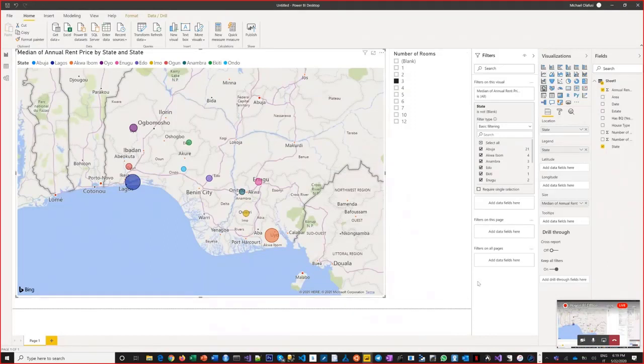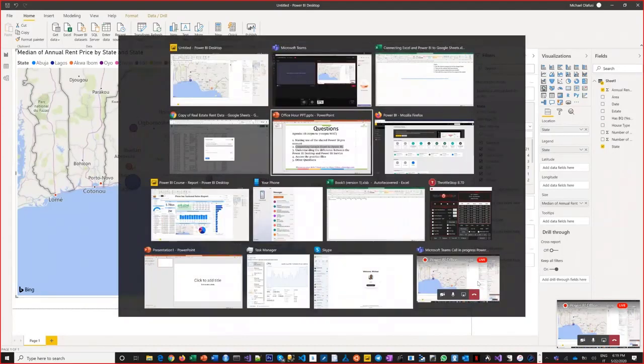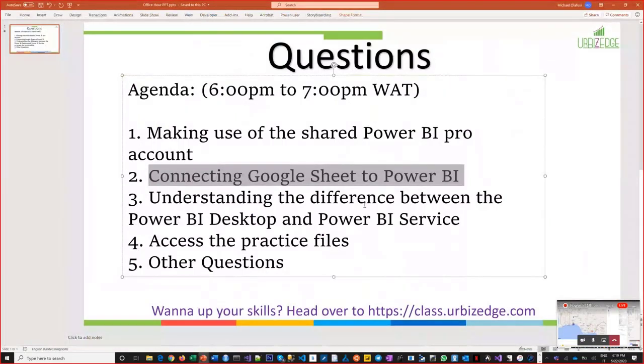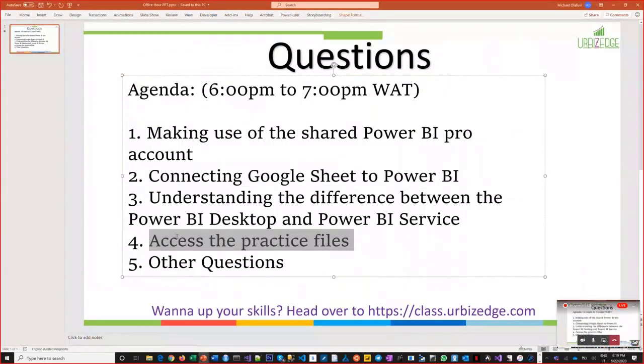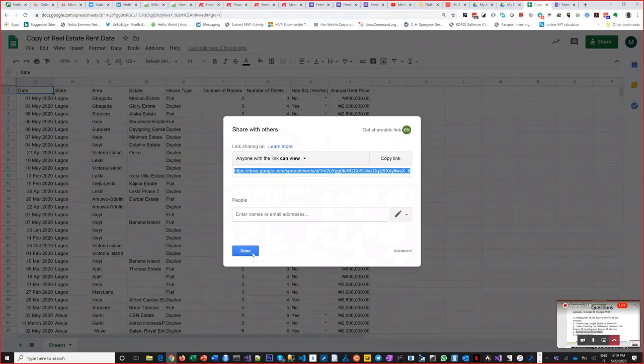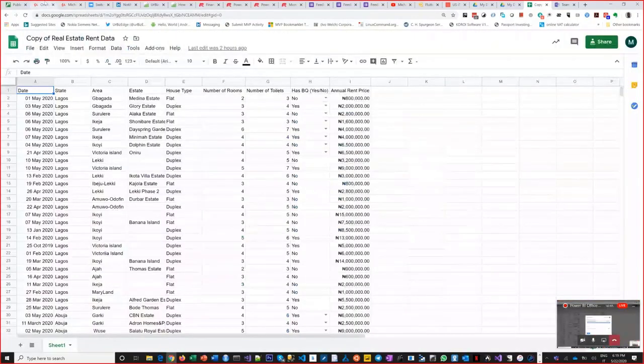So I move on to the next item on the agenda. A lot of you have been asking, how do you access the practice files? So for the trainings that we do, that you already partake in, a lot of you,